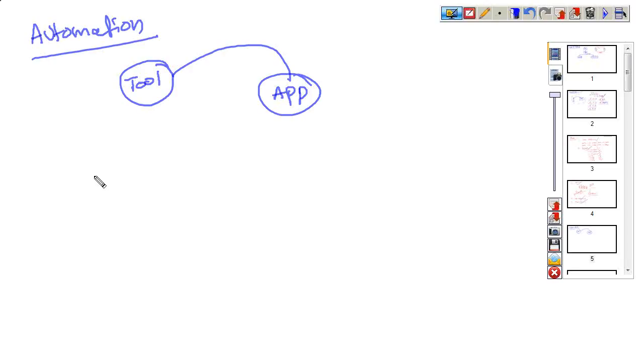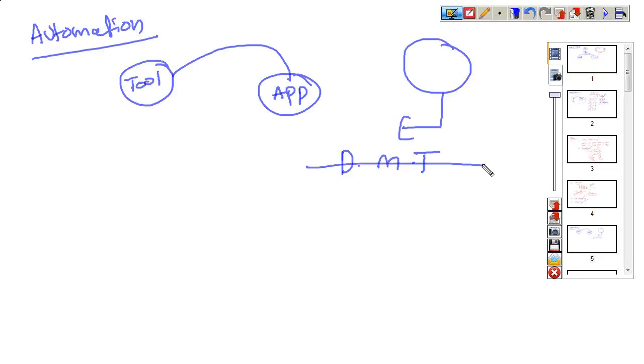Some other definition also we need to give for automation testing. Automation testing is a process in which all the drawbacks of manual testing can be overcome, providing speed and accuracy in order to implement the testing on the application with the help of a tool. This is what we call automation testing.